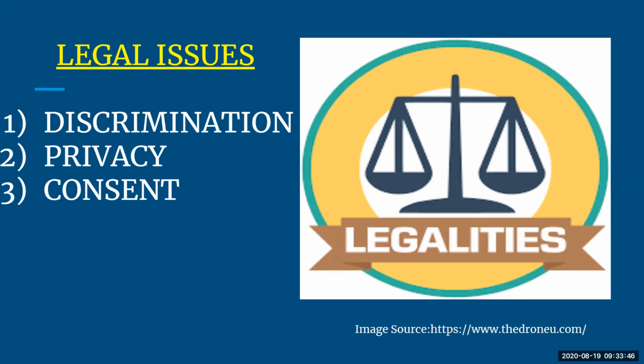So legalities with respect to internet connected smart devices are a threat to your fundamental security, or your privacy, and this is a big question to all of us. When we talk about legal issues, there are three parts to it. The first is discrimination. Discrimination refers to the fact that data collected by your IoT devices can be used for both beneficial and discriminatory purposes, like in the case of your personal wearable fitness tracker, which continuously tracks detailed information about your movement.